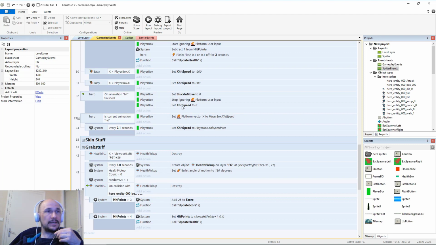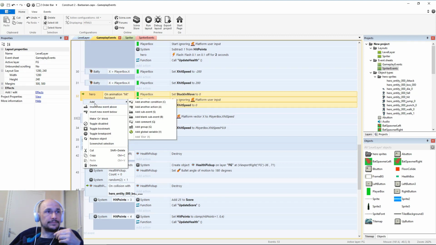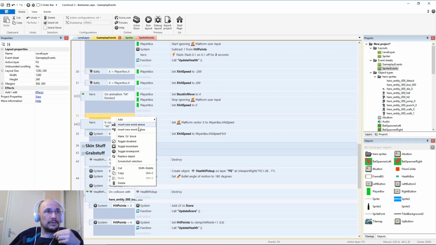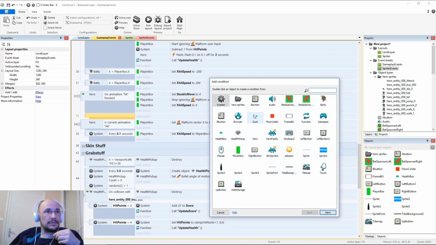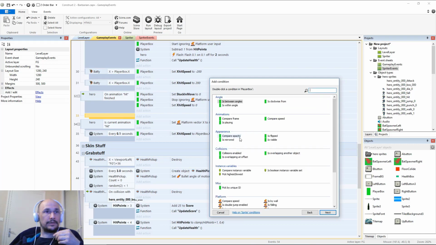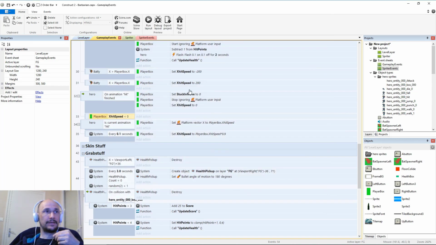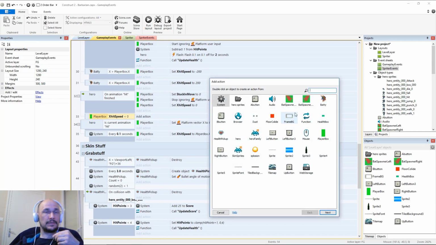You see how we set X hit speed to 0? So we're going to add a sub event. And in the sub event, we're going to add a condition, and we're going to do player compare instance variable X hit speed, and we're going to say if it's less than 0, that means he's going to the left, then we want him to be facing the right. So we want him to not be flipped. So hero,